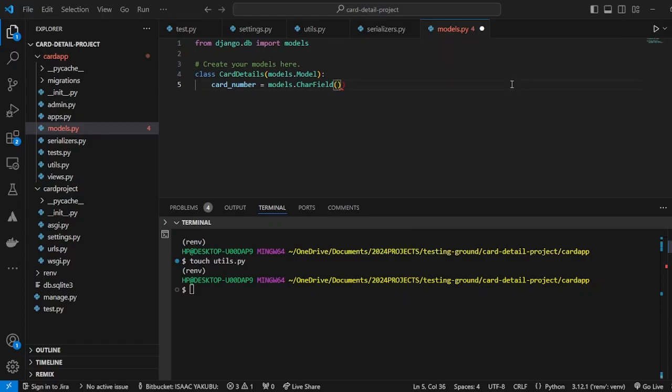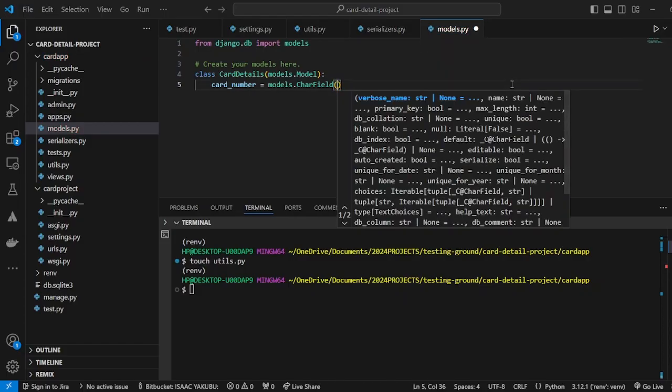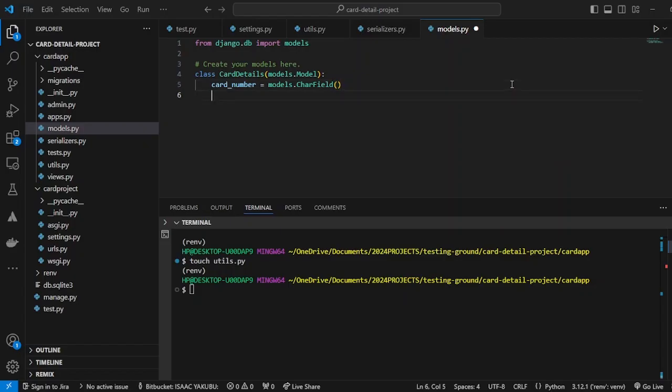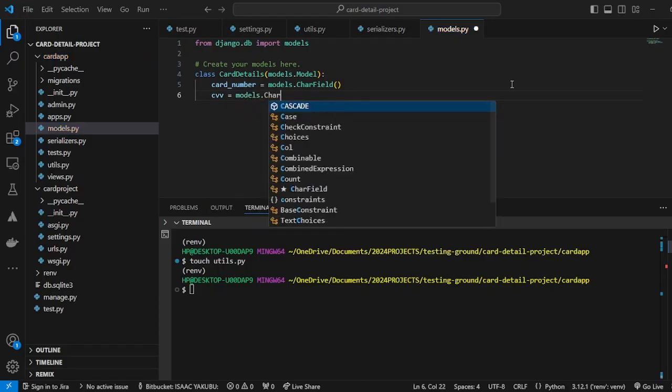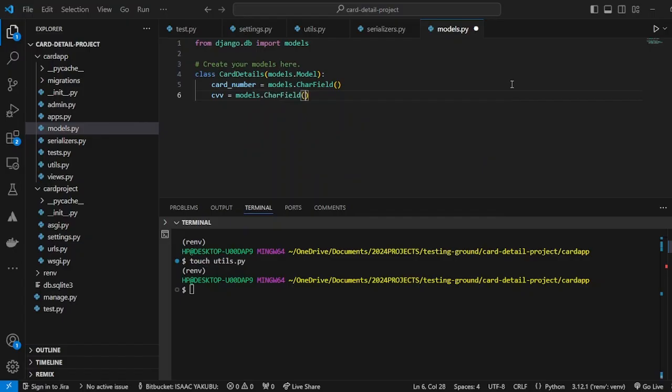I'm not checking for any validation, because I want it to be like a short tutorial to showcase how to create an API that will always make a test or check for you when you just enter the card details. That's just the essence of this tutorial. So I'm not checking for any validation at the model level or at the views.py level. I believe you understand what I mean. And if you have questions